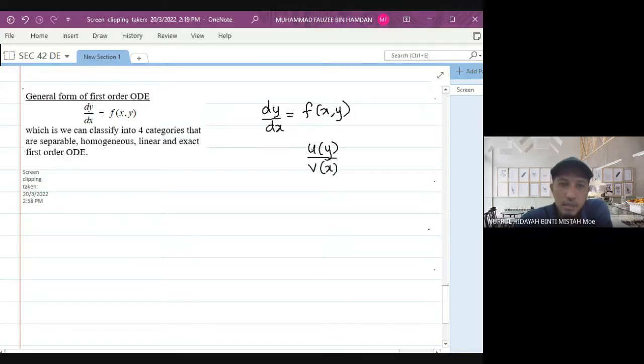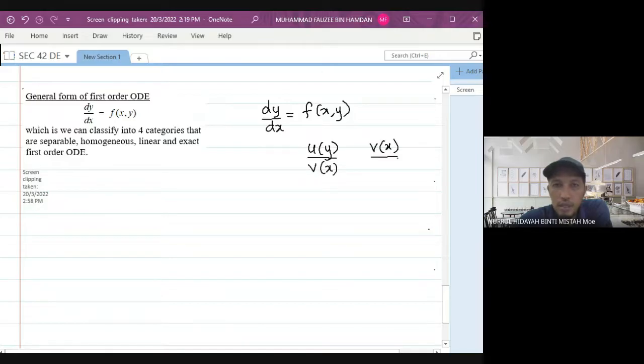That means we can separate the upper part. The upper terms are only in terms of y, and the bottom part is terms only in x. Okay, we can separate like this,